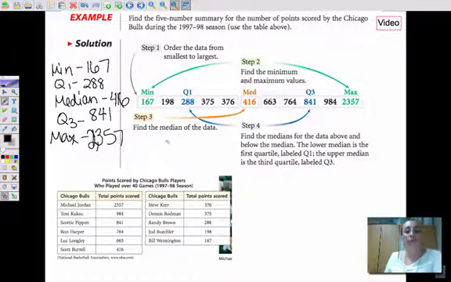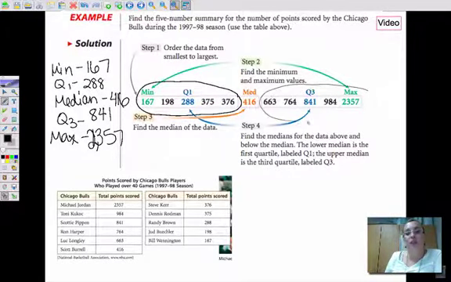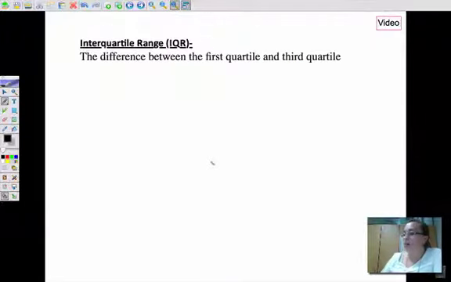And something worth mentioning in this case is that the minimum is included in the lower half of the data, the maximum is included in the upper half of the data, and the median is on its own. So when you're going to be finding the median of that lower half, you do include the minimum but not the median. Okay? So I'm going to show you an example here, and oops, I forgot one thing here, interquartile